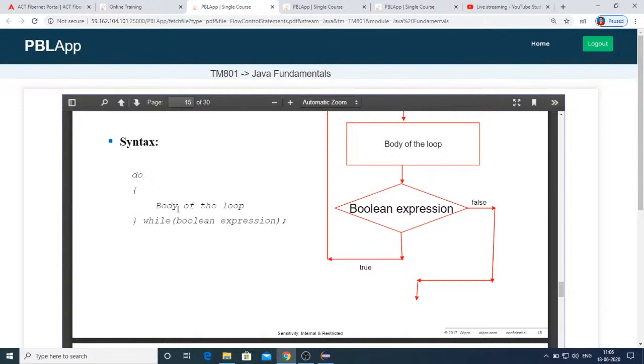So with do while, execution of the body is guaranteed at least once. This fact you just need to remember.